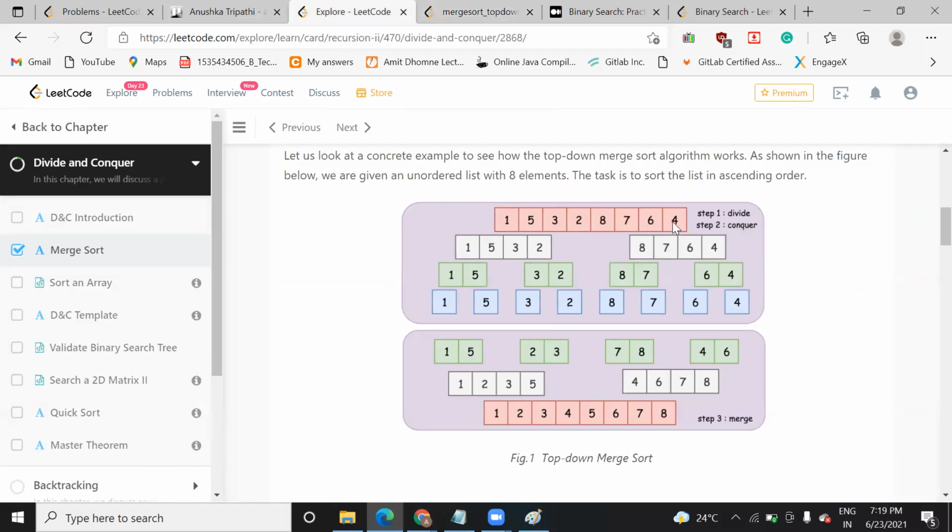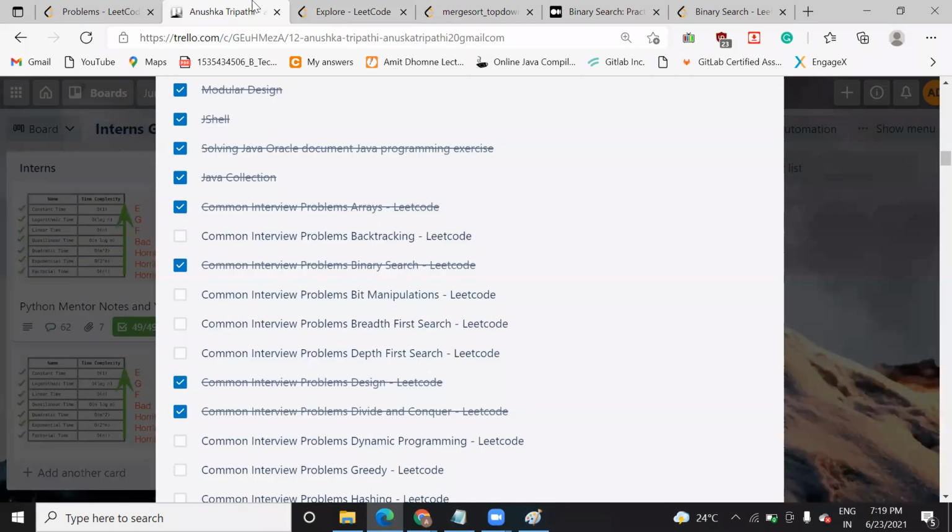Suppose here how many elements are there? 8. When you divide 8 by 2, what do you get? 4. So you need to split this array from the 4 onward, after the fourth element, so you get two parts. Is it clear? Yeah. So here it depends on you whether you want to divide it by 2 or create 3 sublists. That will be based on how many sublists you want. Now the third step is here.